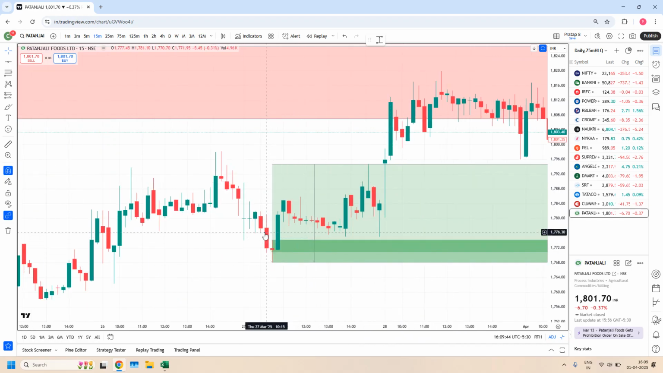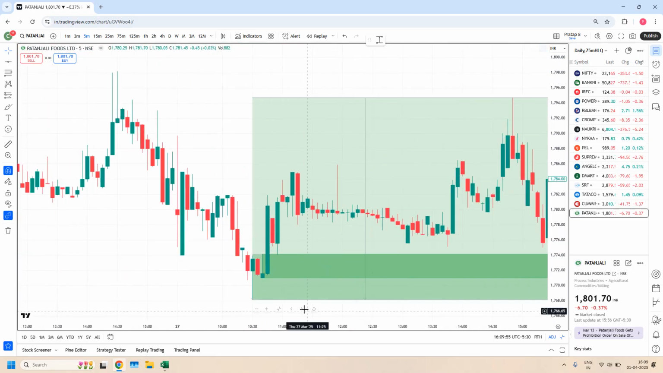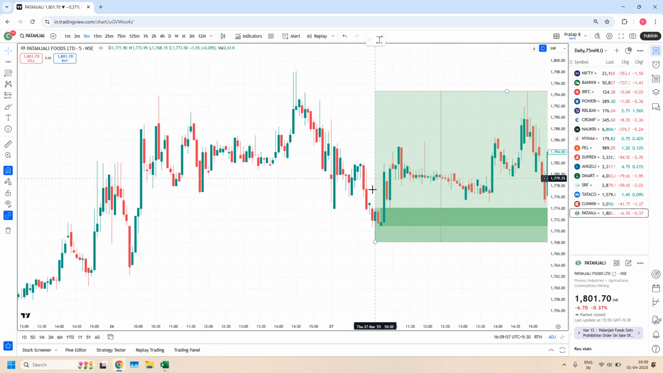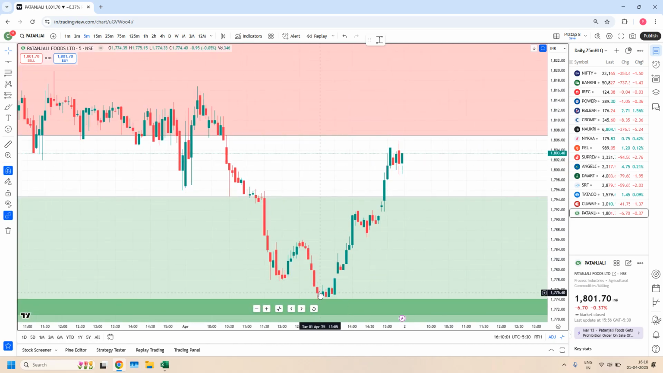Okay. So we have only this one valid one, drop base rally. This drop base rally, again, I fine-tuned with the 5 minute time frame. So here you have a drop base rally, the 5 minute zone is there. See today, prices